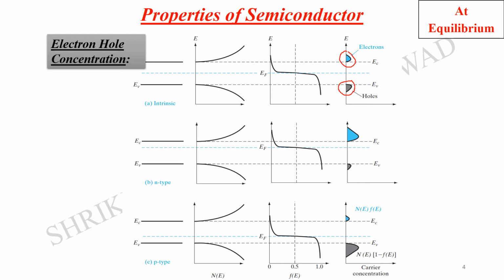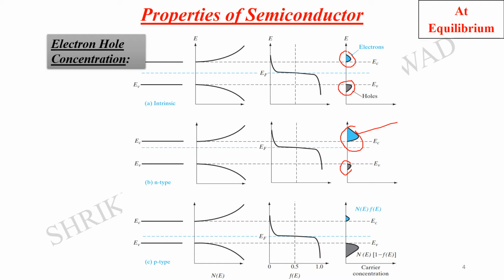So you can see the carrier concentration in the n type material is smaller in the valence band. Hole concentration is small, and relatively the electron concentration in the conduction band has been increased, right? Why? Because you can see the size is also more in this case. That is because it is n type material which is doped with pentavalent impurities.